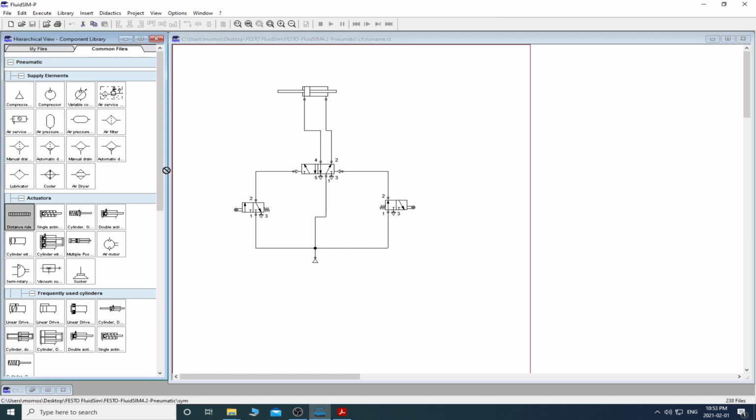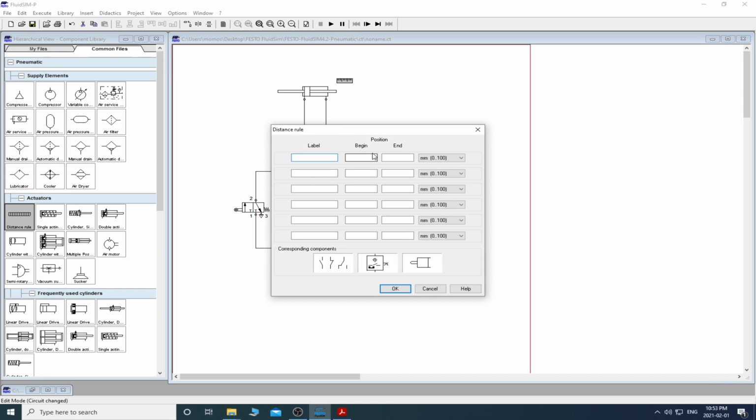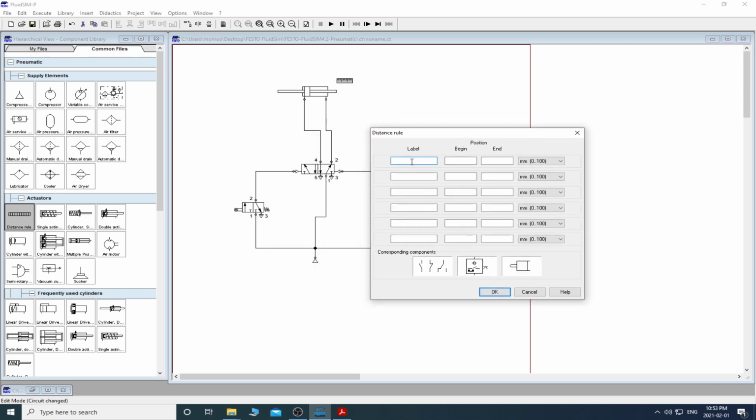So the distance, you see here, we have this distance rule. So I'm gonna place it here on the bar of the double acting cylinder. If I double click on that, now you could place your sensors. The first one, I just want to name it sensor A, and this sensor A will be activated from